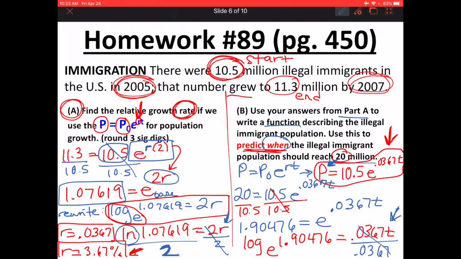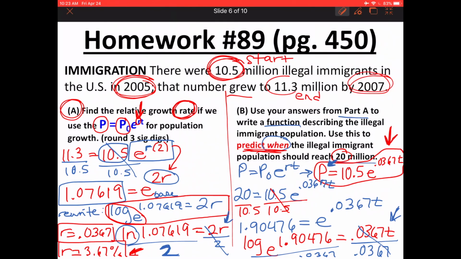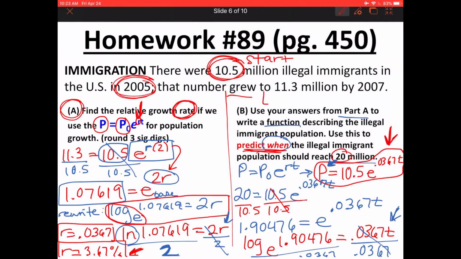And so my last step to get t alone is to divide both sides by 0.0367. And so when I do that, what I end up getting for my final answer for t is t equals 17.6. Now, this is not my final answer, and this is not what's going to show up on your test,